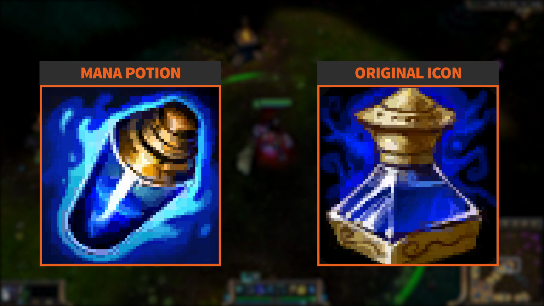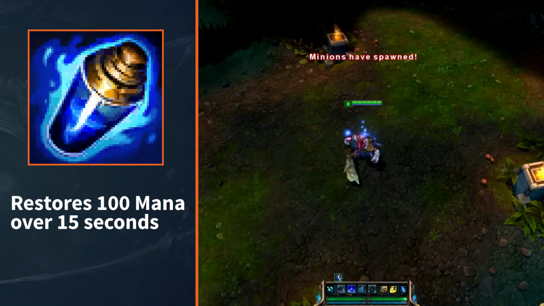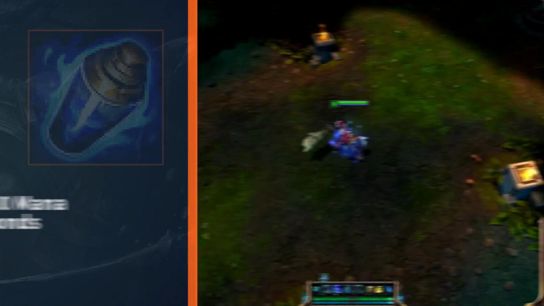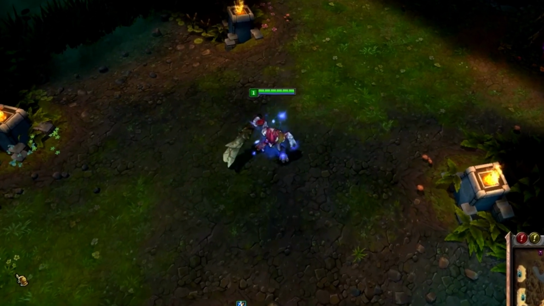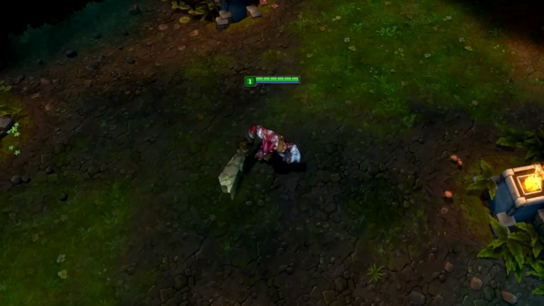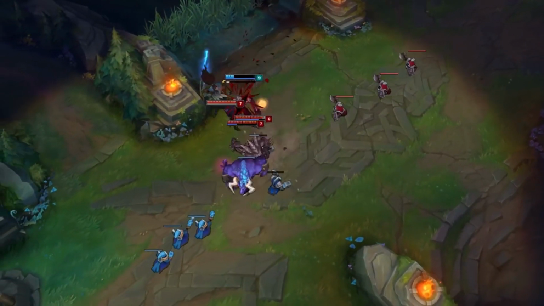Our lovely blue potion would restore 100 mana over 15 seconds, proving to be quite useful for supports and casters. Riot removed the Mana Potion during pre-Season 6, but did compensate the champions who used them with some extra mana and mana regen. This rounds out our list for today,